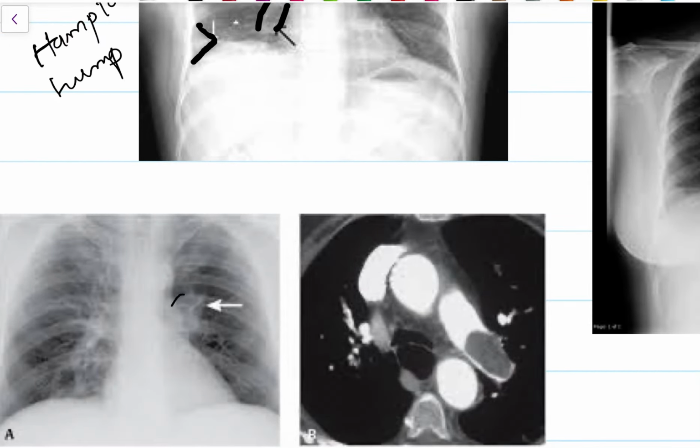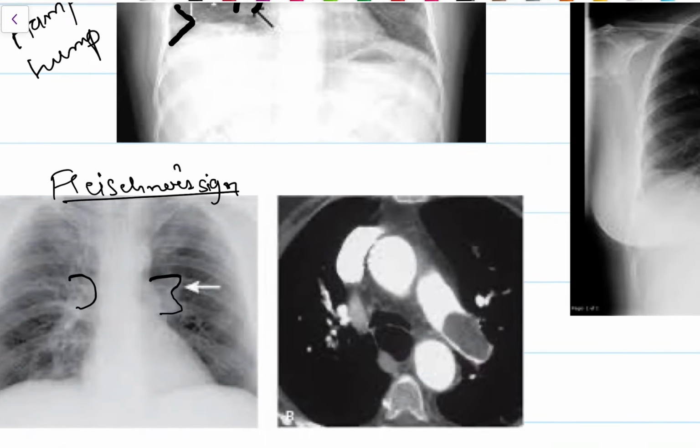Then you can see here on both sides there is pulmonary artery enlargement. This is known as Fleischner's sign. Knuckle sign is also visible here. You can see that there is a tapering of this vessel. See this, there is a tapering of the vessel. Let me erase it so you can see this clearly. So this is tapering. This is knuckle sign, and here also you can see the knuckle sign, because here it is clot. So there is an obstruction for the forward blood, and because of this the sign is formed.